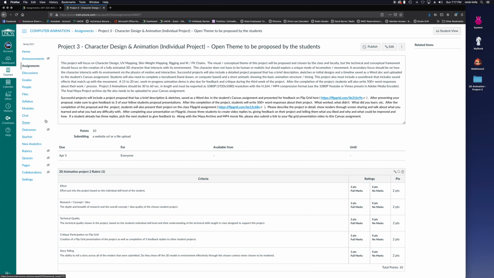Today's lesson is really an overview of Project 3. And Project 3 is going to be focused on character design and animation. So we're really going to delve into UV mapping and character design and skin weight mapping and rigging and IK and FK chains. But one thing I'd like to bring up about this project is that the theme, the kind of concept or direction that I want you guys all to work around is to be proposed by you, the